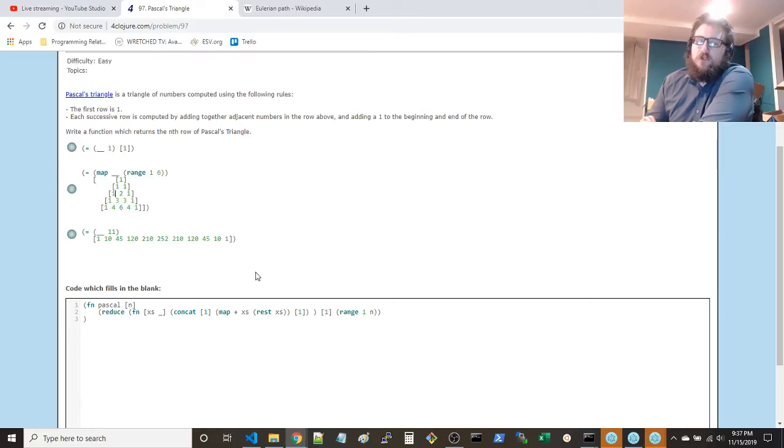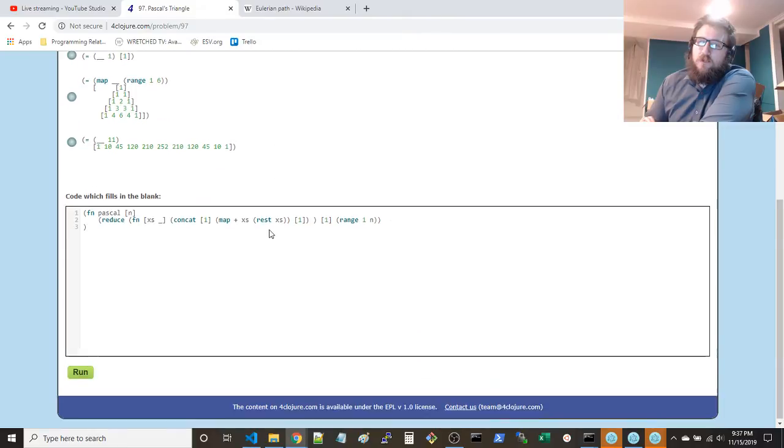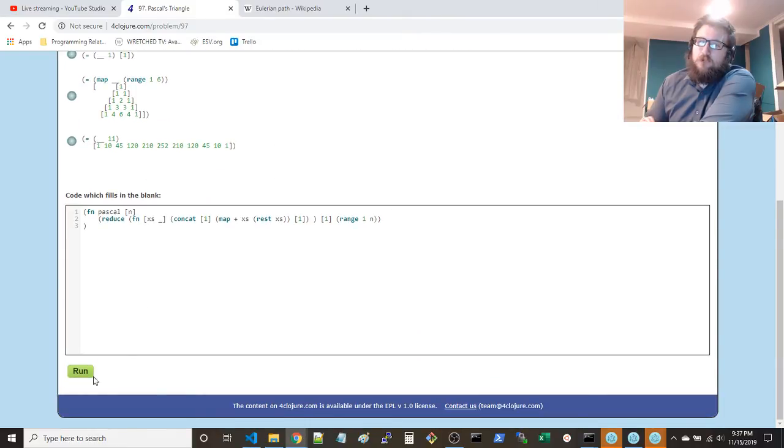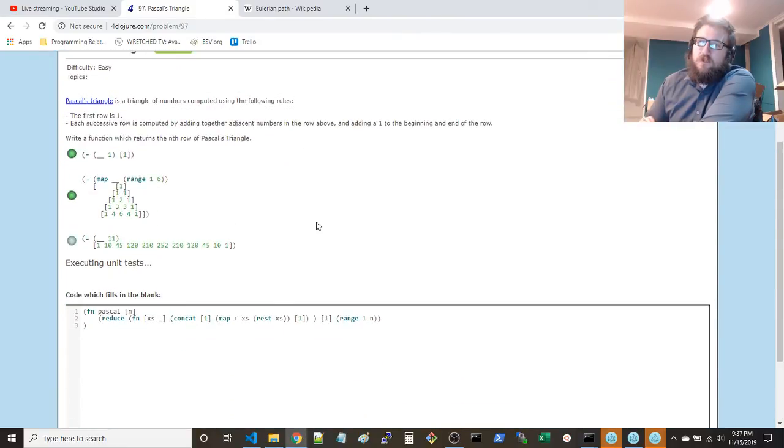So you have 2, ends up with just 2, and then you add 1 and 1 on the side, so you get 1, 2, 1. And then the next thing you have 1, 2, 1, and 2 1s. You end up with 3, 3, and add the 2 1s, get 1, 3, 3, 1, and keep going in that fashion. And yeah, that seemed to work out nicely.